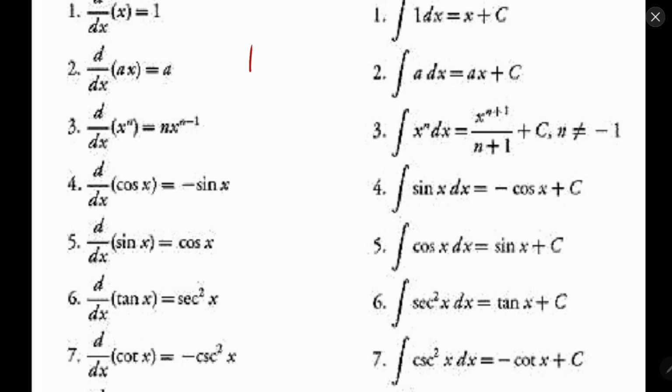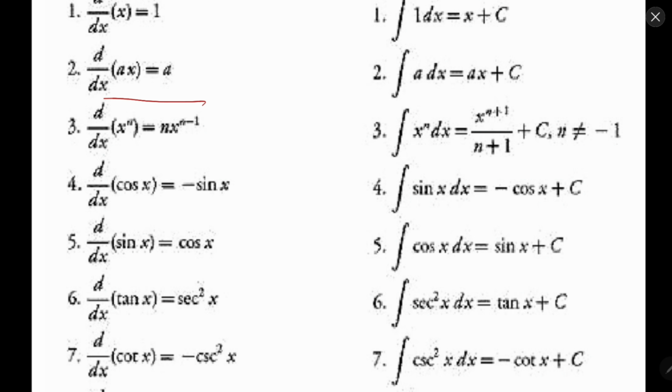Now if we have another function, d(ax) by dx, here it means that we have one constant. a is a constant, it is 2, 3, 4, some scalar value, a number constant. So we can put a outside because it is a constant, it cannot change with any change in x, so it comes out, and dx by dx is 1, so we will get a. So when we differentiate ax with respect to x, we will get a.